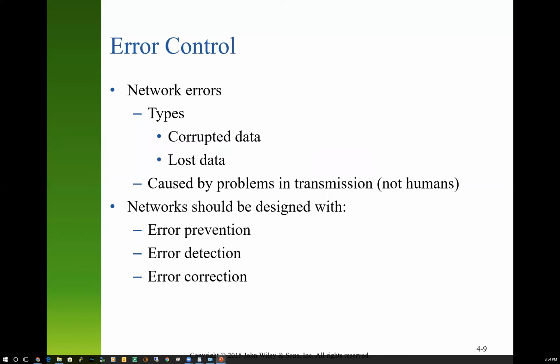So errors occur because of collisions or other things going on in the media that we're using, especially in wireless media. Data can become corrupted. Ones and zeros can turn into zeros or ones. Data can be lost, just like in a conversation between you and me, and especially like in a party. I'm trying to talk and have a conversation with you, but there's some loud drunk in the corner making a bunch of noise. He's interfering with our communication. He's noise. That happens on networks as well, especially in wireless networks.